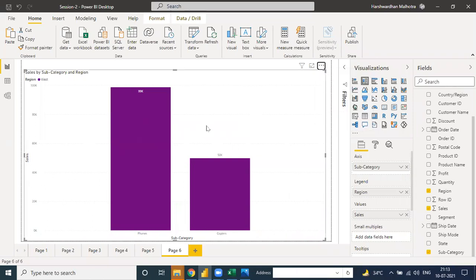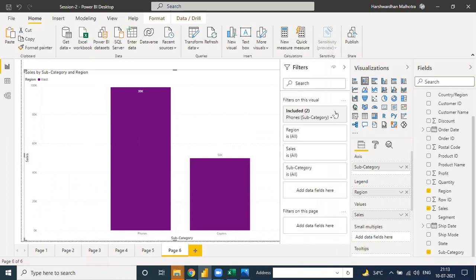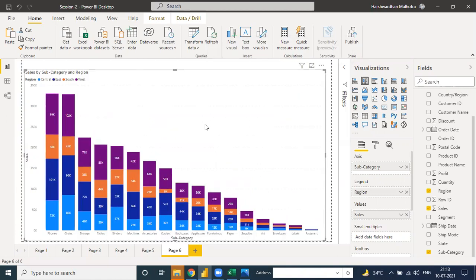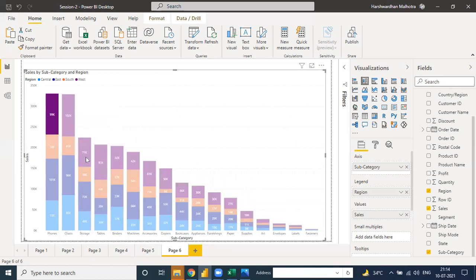If I want to go back, let me go back. If you want to go back, then you can remove your formatting. Like if I want to compare this with this, with this, and with this, these four, right click and include.